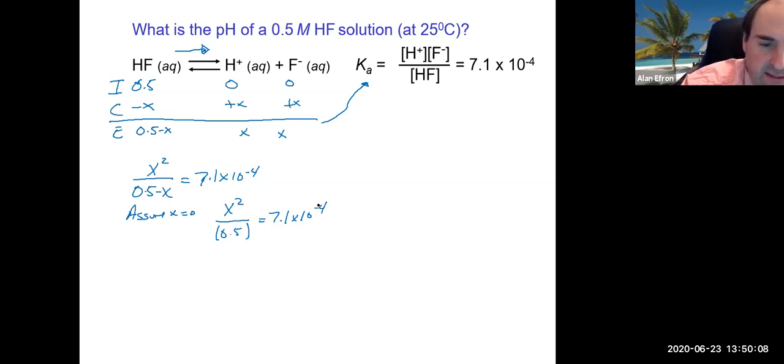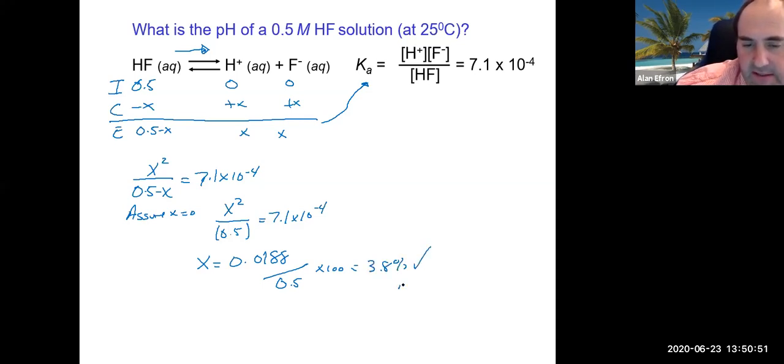So what we're going to do is multiply the 0.5 to the other side and do a little square root action. So 7.1 times 10 to the minus 4 times 0.5, square root of it. And we do end up with an x value here of 0.0188. Remember that when we make the assumption, we want to check it to make sure it's okay. To check it, we take our x value, divide it by what we were going to subtract it from, and multiply by 100. It looks like you get something like 3.8%,